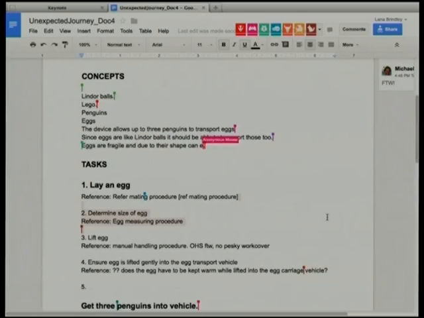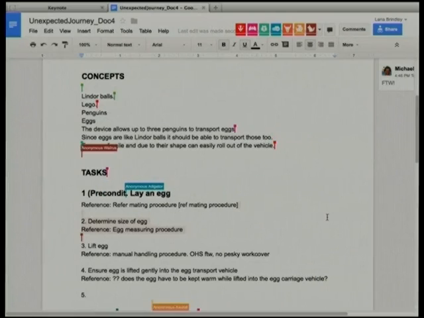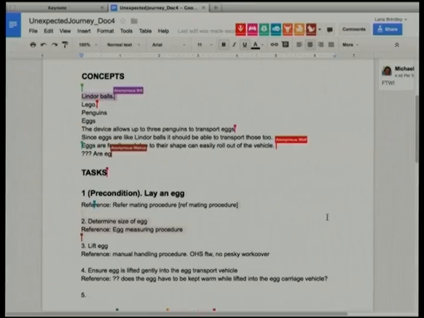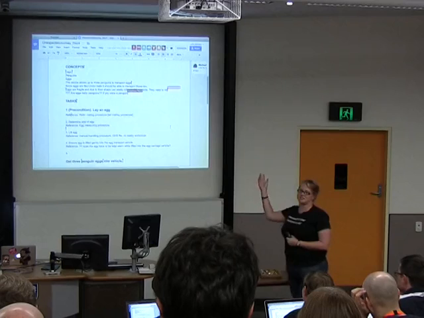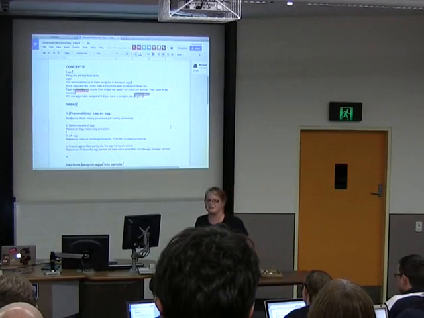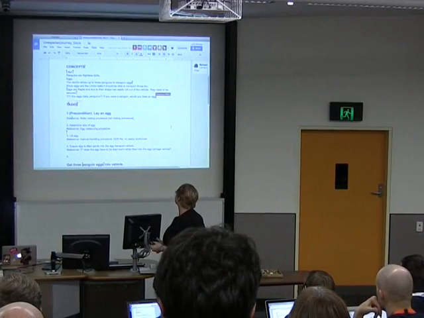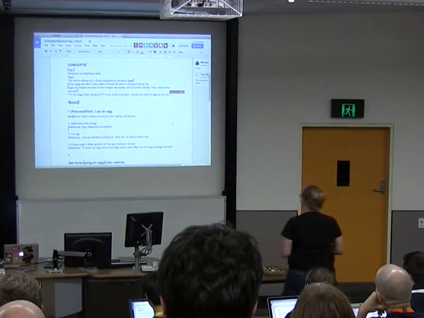They're working away in their basement, wherever they are, and they're doing their own thing. We need to try and actually predict what's going to go on in this first sprint at this point. So a lot of this will be information gathering, working from design documents and things that previously existed, working from plans, and hopefully actually talking to engineers in the hallways and that kind of stuff as well. Now with your concepts, please make sure you're using full sentences. It's really important. So Lindor balls is not a concept, it's a thing. It doesn't answer the question, what is it, right? So what we need to say is, this is a vehicle that will carry Lindor balls, or something like that. So we'll actually try and make these actual sentences if we can.